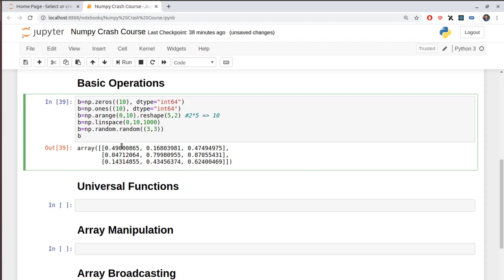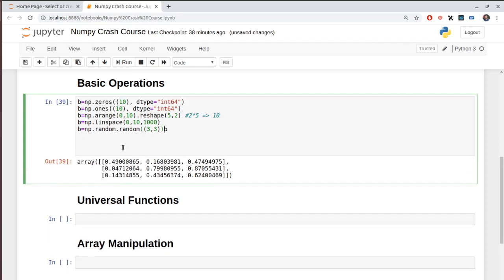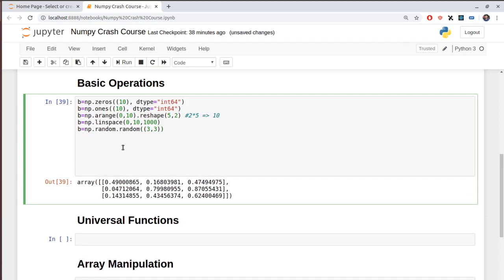Okay, so we now have the idea of how the basic operations in Python work. Now I will just go ahead and take a look at the arithmetic operations in Python. Okay, let's start. So I'm going to type in this right here as arithmetic